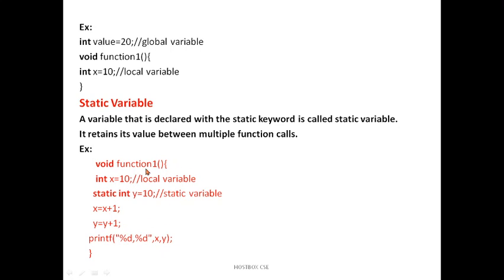Function is one of the topics the upcoming session will definitely cover. Just understand, because you already know the structure of C language: int x = 10 and static int y = 10. Then x = x + 1 and y = y + 1. Now I want to print the values of both variables x and y. What will happen when we execute the program? The local variable x is a fixed one, so it prints 10 only, 10, 10. But when I use static, it automatically increments the value by 1, two or three times. So when I execute the program, it will print the y value 10, 11, 12, and so on. Remember, if you give static, then a local variable behaves differently.